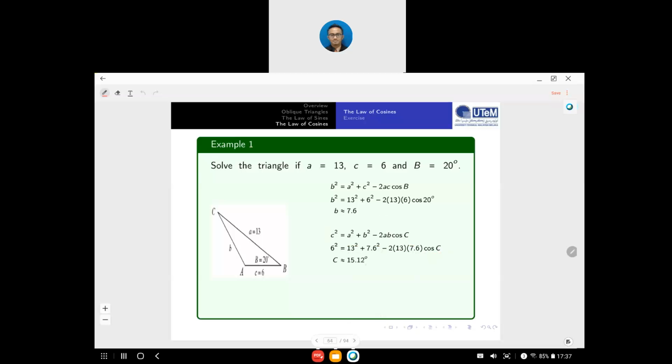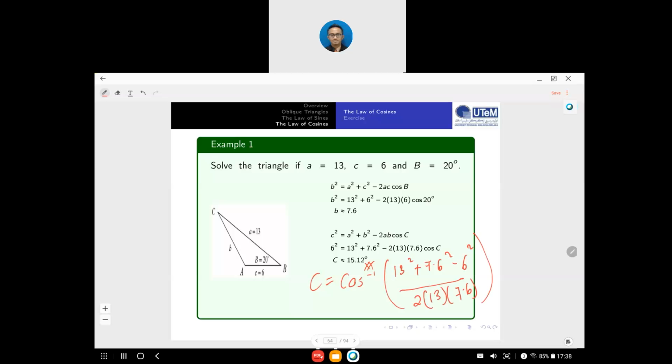C equals cos inverse of (13 squared plus 7.6 squared minus 6 squared) divided by (2 times 13 times 7.6). So you can get 15.12